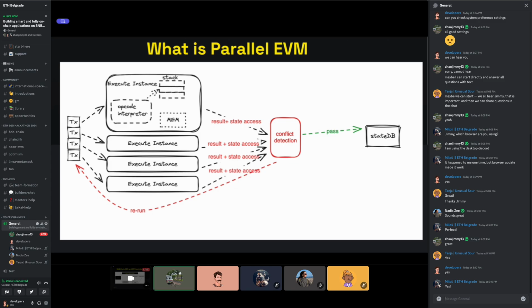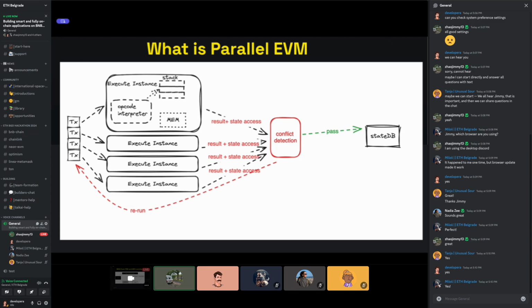For example, if I transfer my token to one friend, and then transfer the same token to another friend, these two transactions conflict with each other, so they cannot be run in parallel. The conflict detection will find that these two transactions are conflicting, and you have to rerun them. This mechanism is the bottleneck of the parallel EVM.